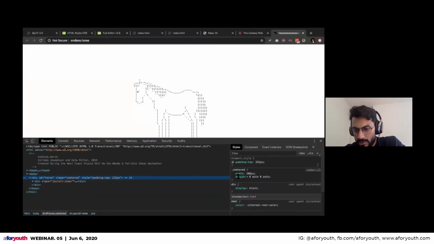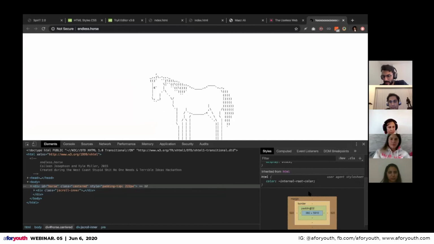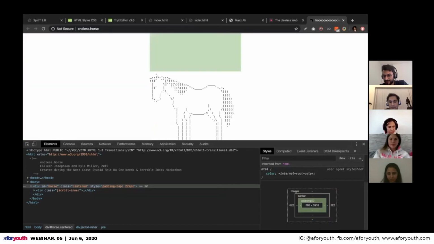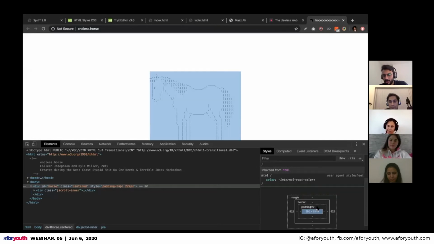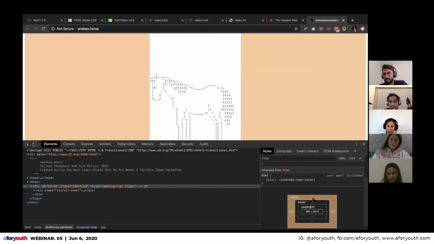So here you can actually see that these are kind of the same properties which we saw in CSS, right? So it is the same color, it is the same box model that I've shown you before. It actually shows that this is your content, this is the padding that we applied. There is no border to it, but there is margin on the left and right side as well.